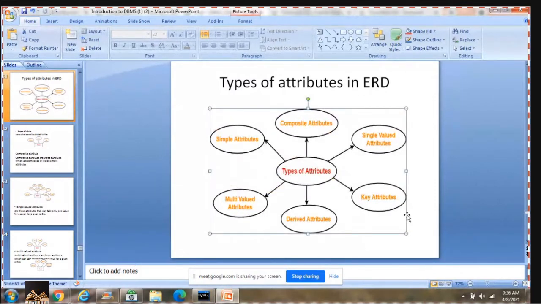The different types of attributes existing in your ER model are simple, composite, single valued, multi-valued, derived, and key attributes. We'll go through each one of these.